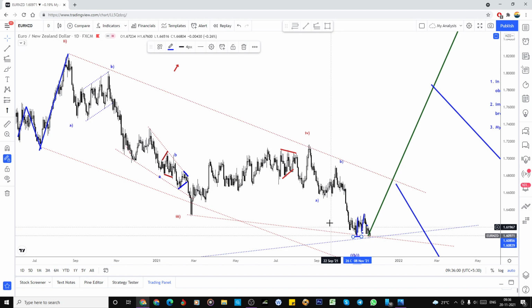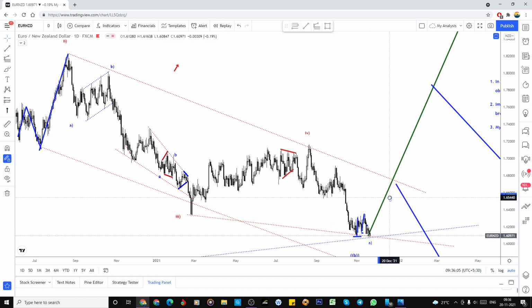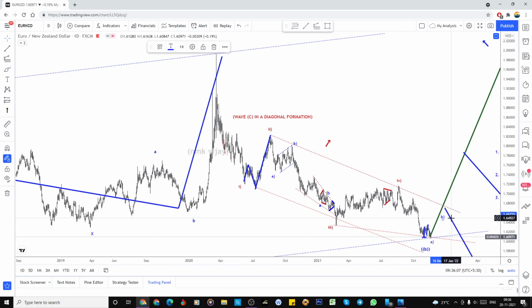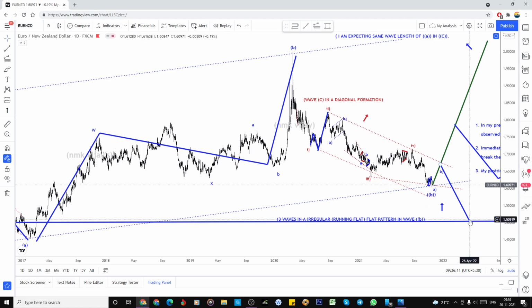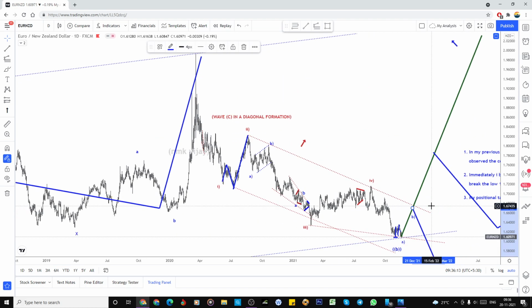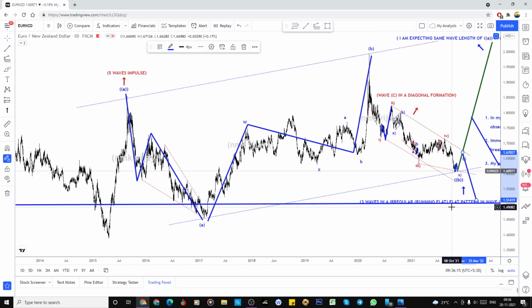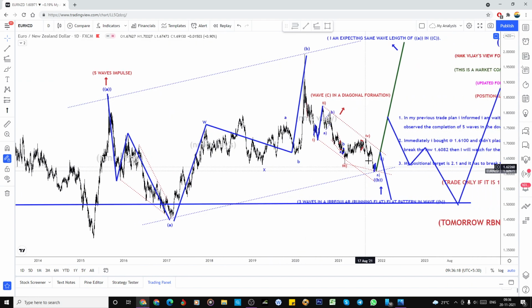So that means the whole thing becomes A now, and I'm expecting the B wave. One more C is also available for the downtrend. So that means we are still in the downtrend, it seems like that to me. But later on, see what I'm expecting, this positional view is only for that. But when it does something like this to break that